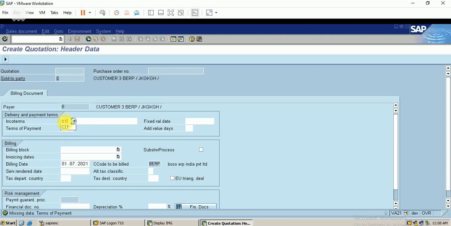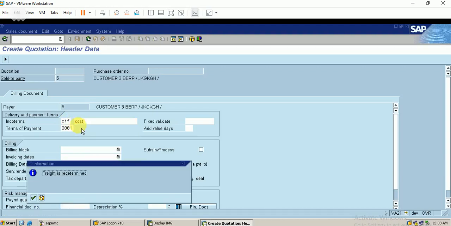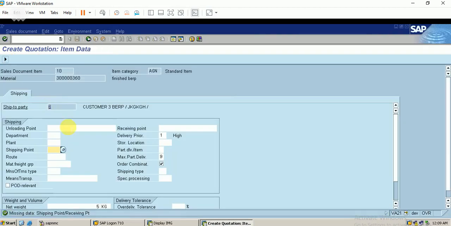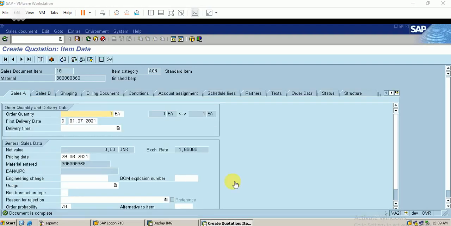So all these relevant conditions need to be maintained. Okay, the shipping plant, the plant, storage location. So you can see the document is complete.